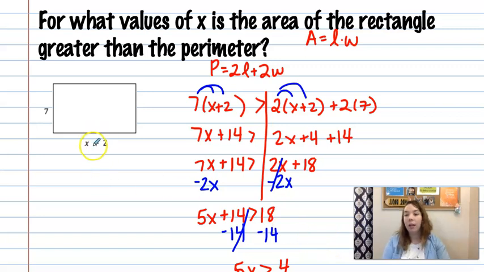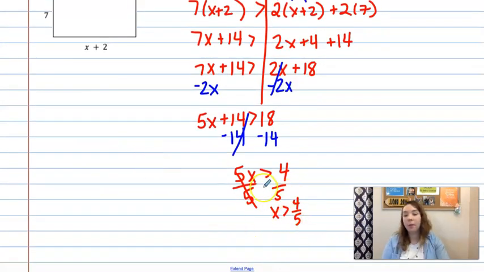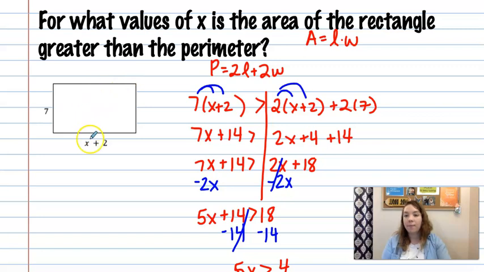Okay, so let's say I plug in 1 because 1 is bigger than 4/5. That would make this a 3. 3 times 7 is 21. 21 is greater than if I added them all together. If I take 7 plus 7, 3, and 3, that would give me 20. 21 is